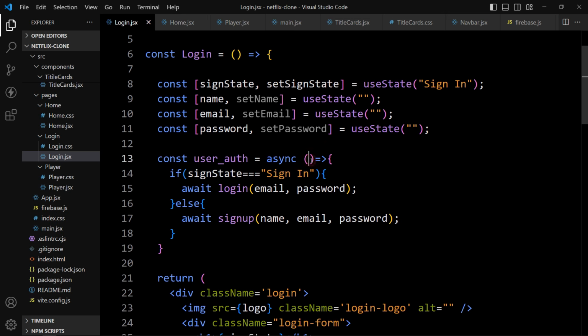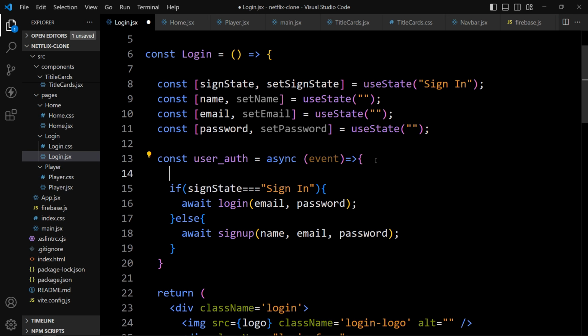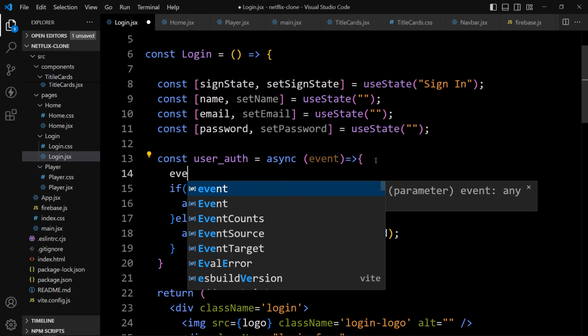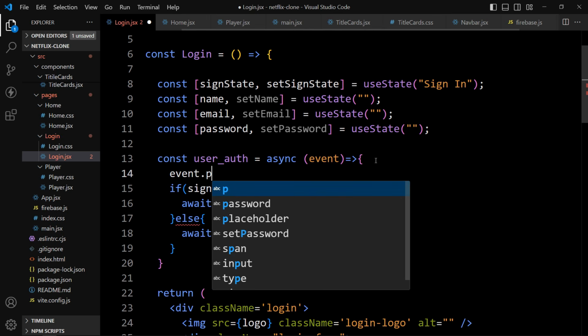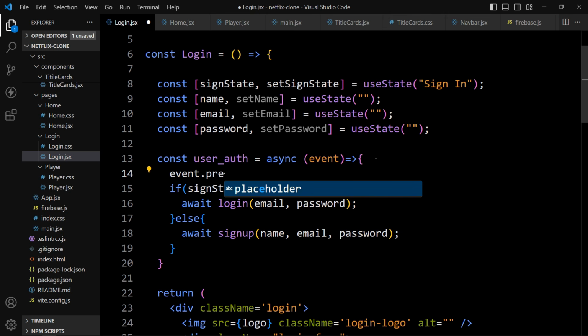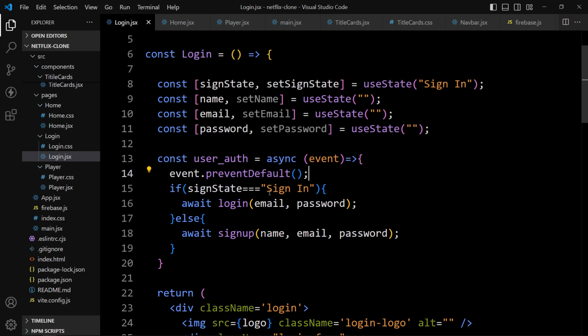Here in this one we will add the event. So whenever we submit the form, we will get the event here, and using this event we will add preventDefault. So it will not reload the web page whenever we submit the form. That's it. Here it is showing setName, setEmail, setPassword.